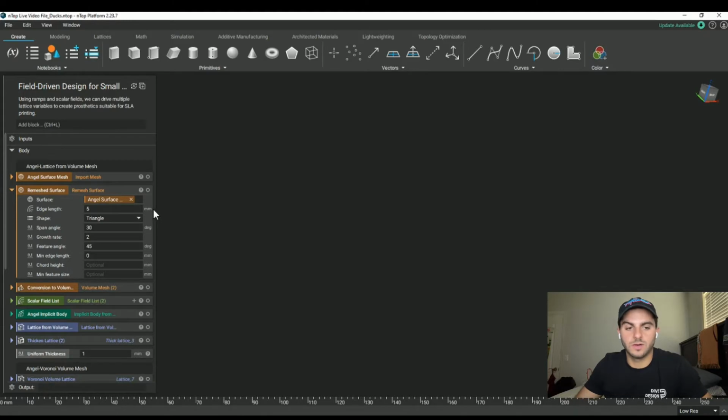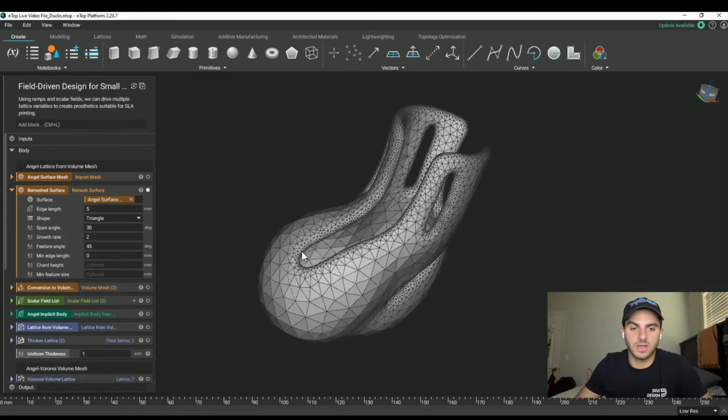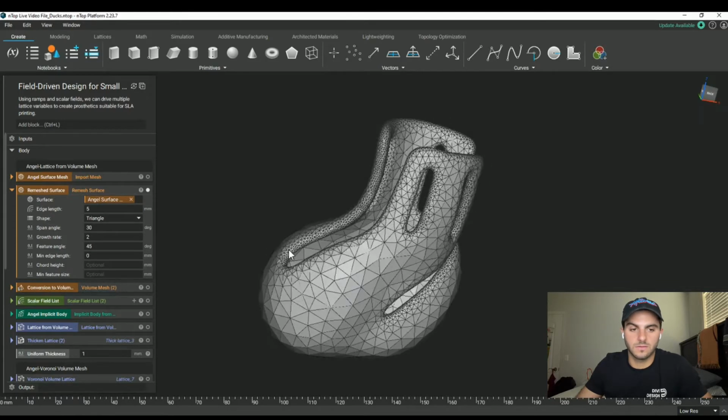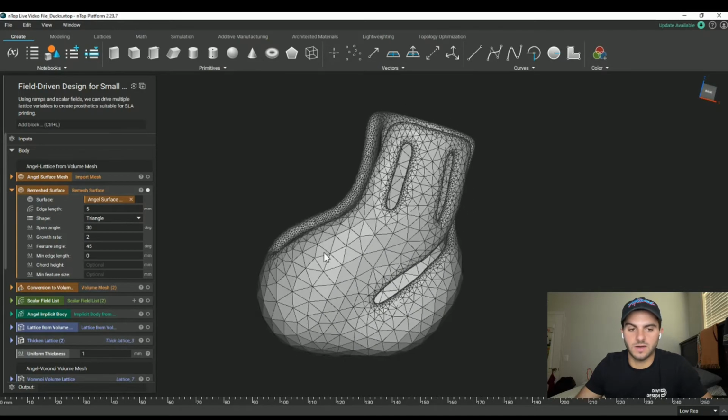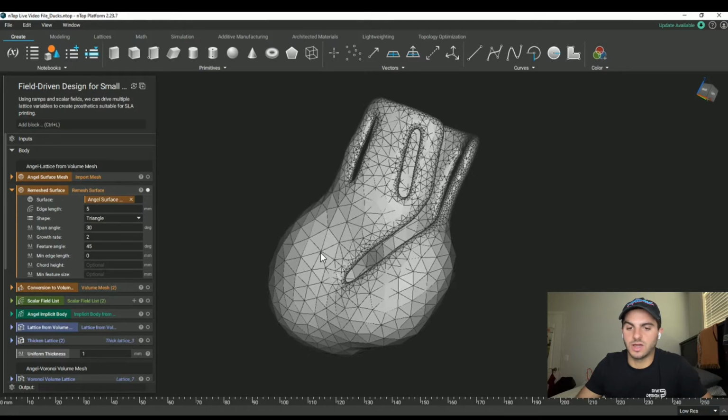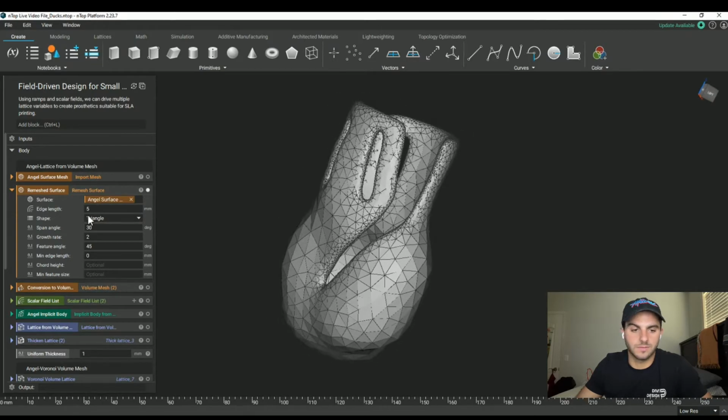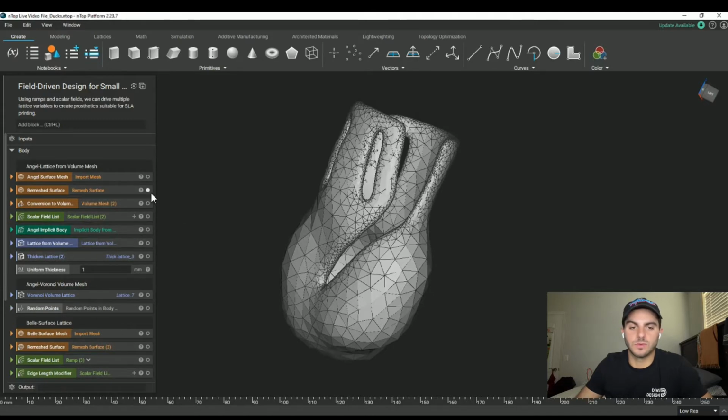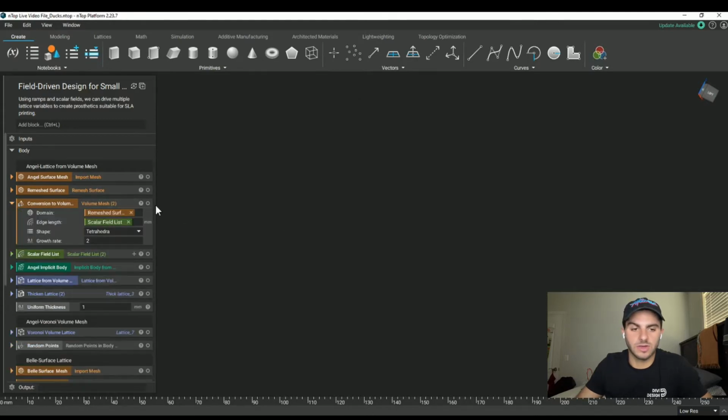So we kept the edge length to 5 millimeters. We used the triangular shape for our mesh file, and this is really what's going to be the driver in the overall lattice shape, right? So with this remeshed surface, we were then able to take it to a volume mesh,